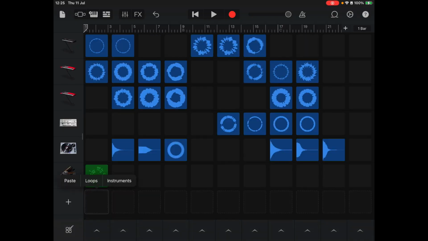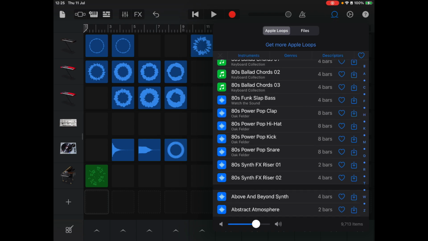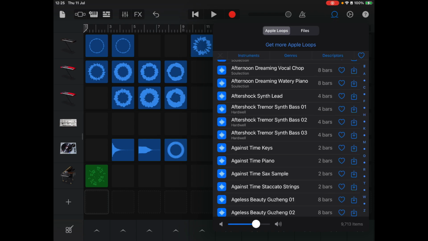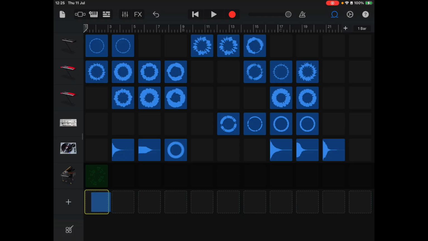Tap an empty cell and then tap Loops. The loop browser then opens on the right hand side. Choose a loop. Remember, you can preview the loops by just tapping once and getting a flavour of what it sounds like. That sounds quite good. So what we're going to do is to add this, tap and then drag into that